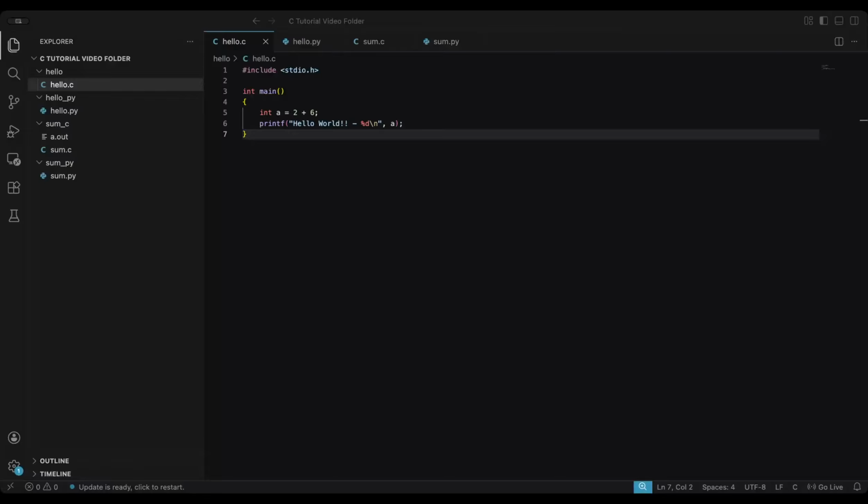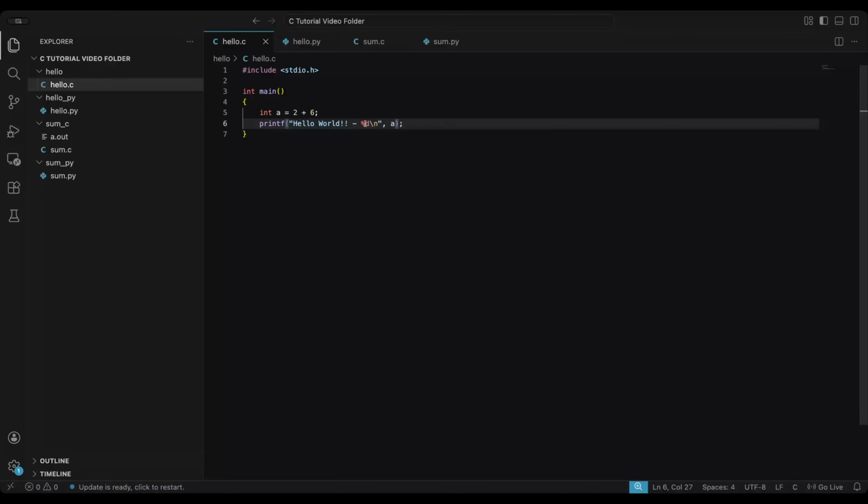So this right here is a computer program. This one's written in the C language and it's very simple. This is essentially the most important line. There's not very much here though. It's going to say hello world to the user. It's going to print it out, a little dash, and then this %d means it's going to send a number,